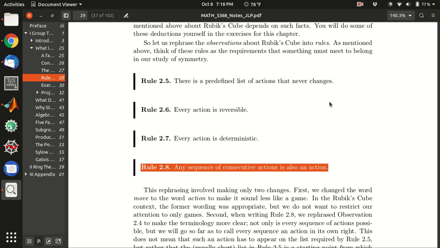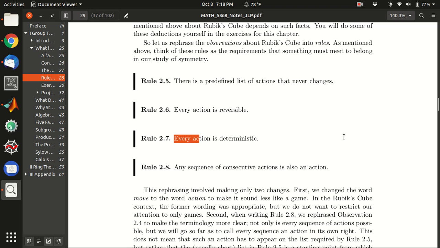reverse. Similarly, I think we can easily come up with things that aren't deterministic. For instance, anything with gambling or related to that is never deterministic. And of course, if I give you a predefined list of actions that somehow do not combine well, it's very easy to violate Rule 2.8. So your goal here is to construct something that satisfies, or let's say satisfies 3 of the 4